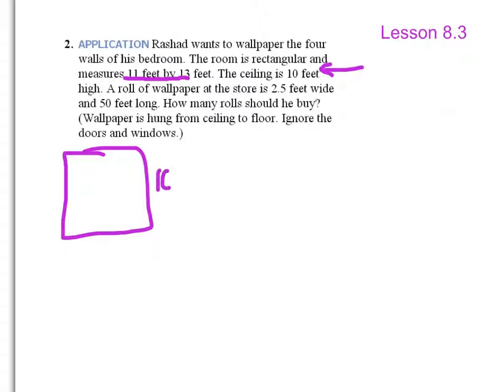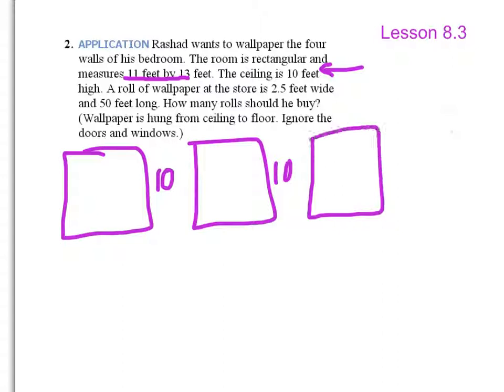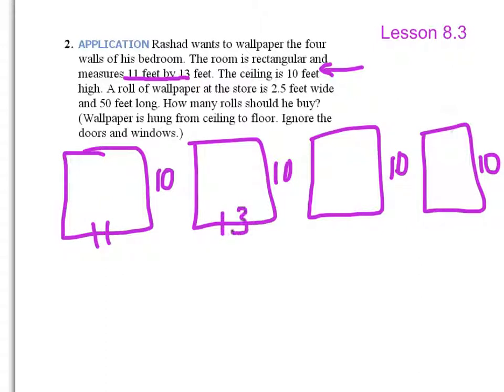I know that all of these walls are 10 feet tall. And I know that some of them are 11 and some are 13. In fact, the two in the front and back are 11 and the sides are 13. Well, actually, I don't know that. I'm making that up, but that's a good way to keep track. I know that this wall is 110, this wall is 130, the back wall is 110, the left wall is